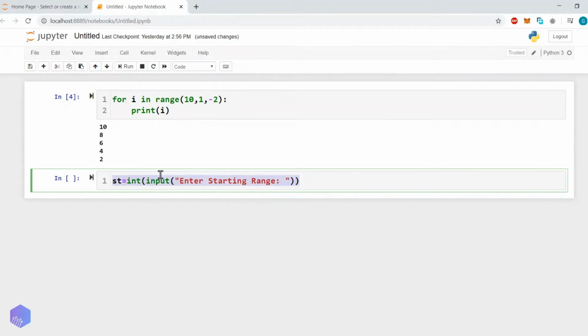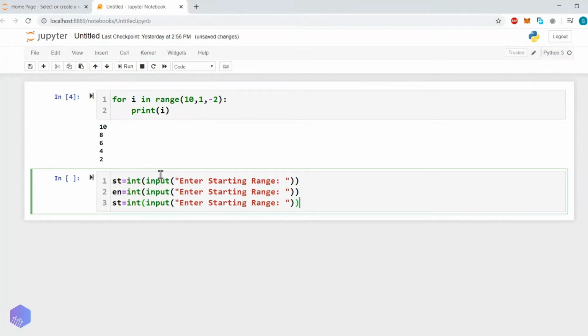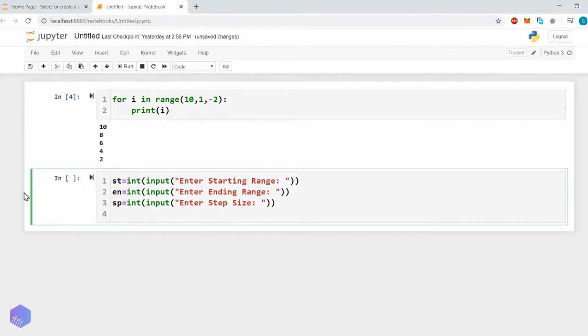Similarly we will get the ending range from the user, and similarly we will get the step size, so sp. Here we say ending range, and here step size, and then we will implement a fully dynamic for loop.